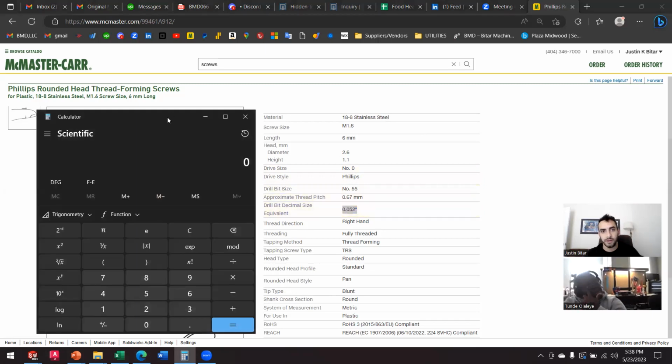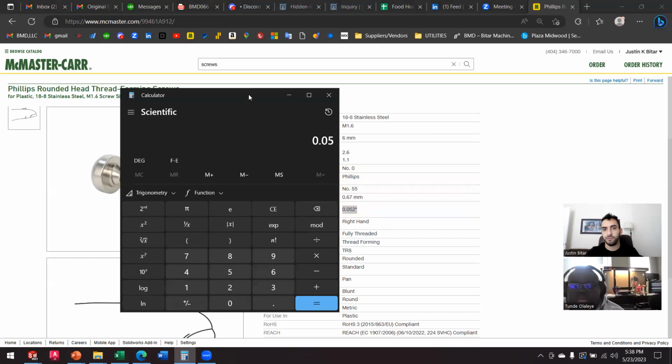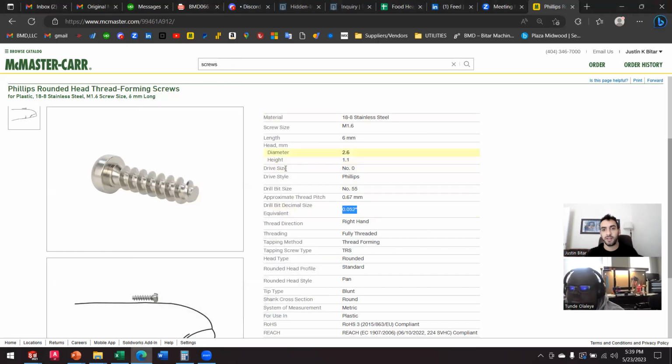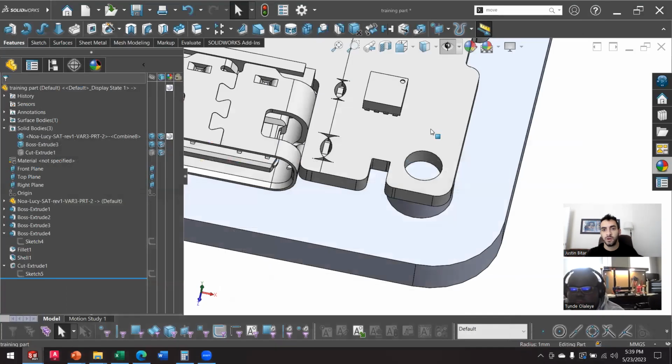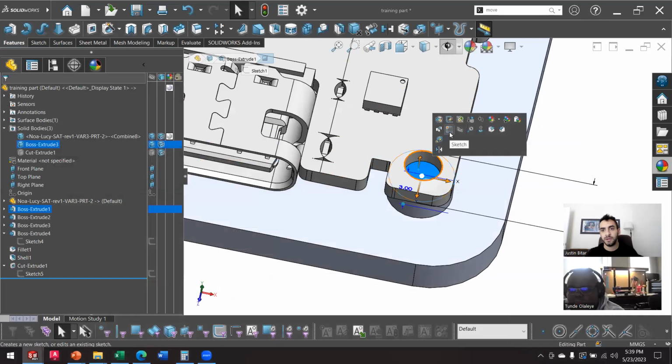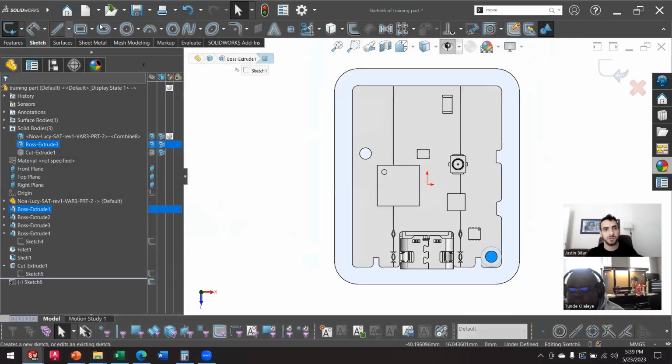I'll just pull up my calculator here and I'll say 0.052, and I'll convert this to millimeters. So 0.052 inches times 25.4 millimeters to an inch. That gives me a 1.3mm diameter hole. Okay, that is some good engineering information. We've got the hole size for this, 1.3. So we'll come in here, we'll sketch